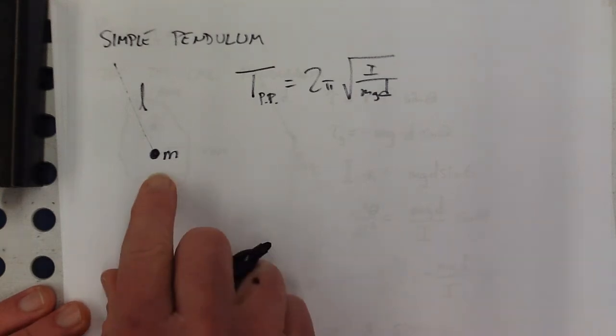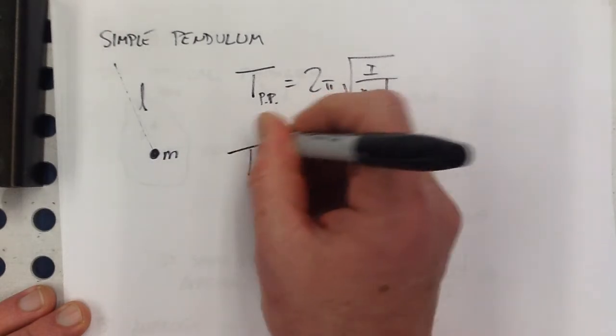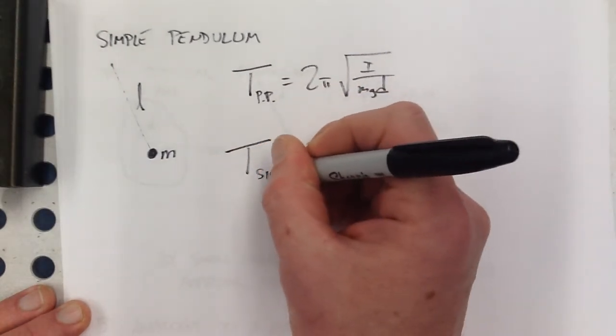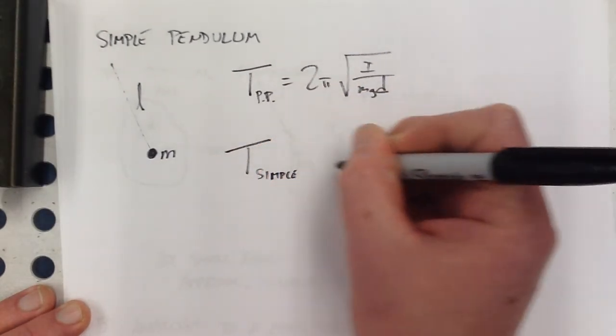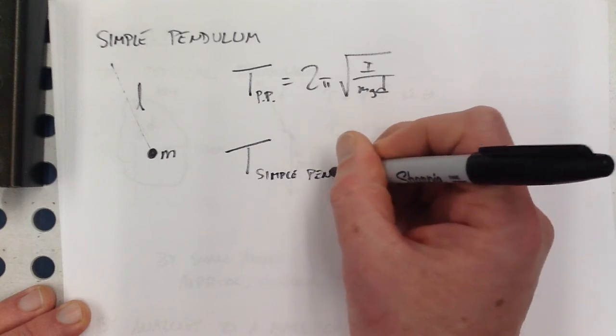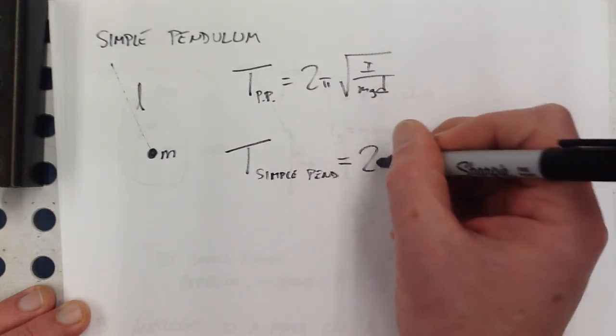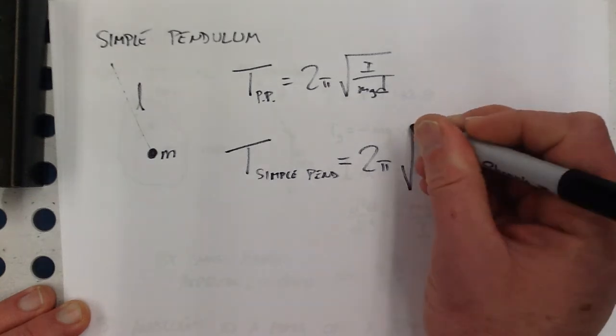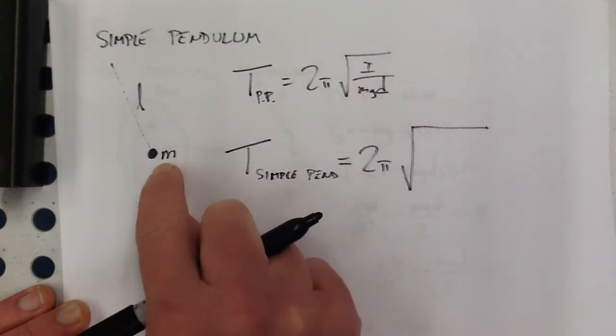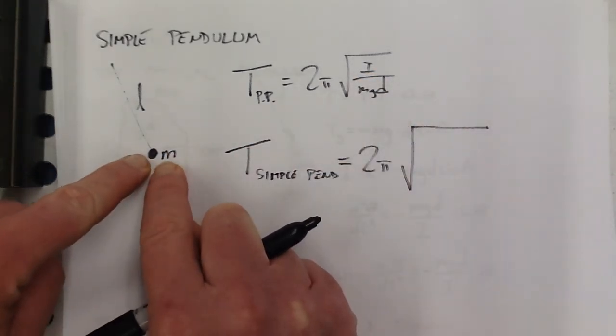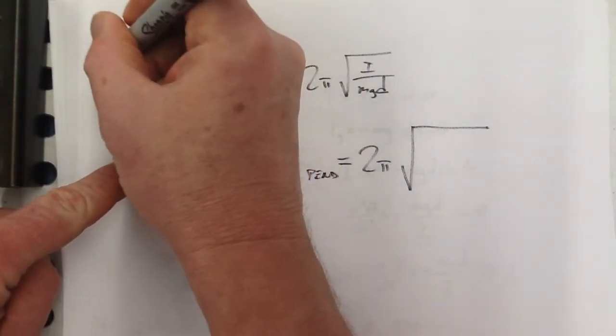So can we apply that to this? Let's see. So period of a simple pendulum is 2 pi times the square root of, what would the rotational inertia of this be